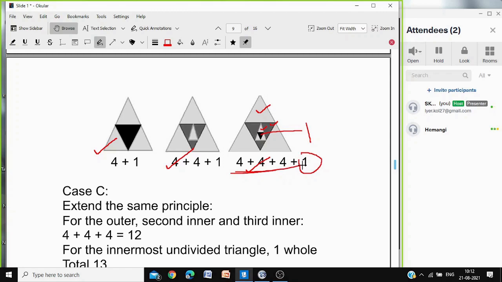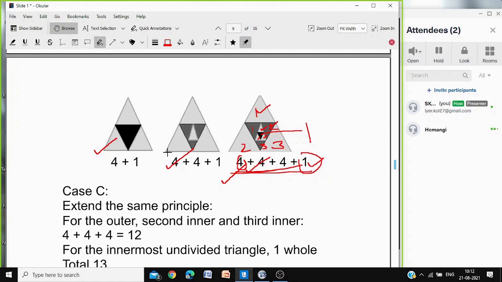So in the last one, the big triangle can also be counted, no? Big triangle we have counted. That's why we are saying 4. 1, 2, 3 and the big triangle 4. How are you getting 4? Okay. This 4 you are getting as, see, 1, 2, 3 and the whole triangle. That's how you are getting 4. Similarly here also, 1, 2, 3 and the whole triangle you are getting 4. So here also 1, 2, 3 and the whole white triangle 4. And the innermost triangle which is not divided, that is 1. Got it, Betty?